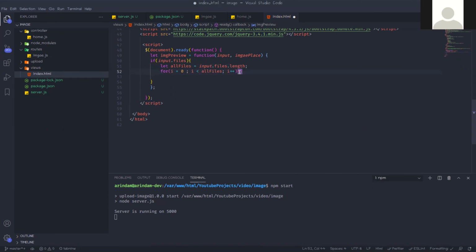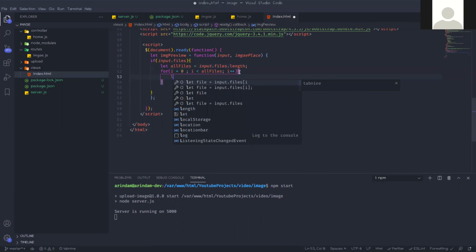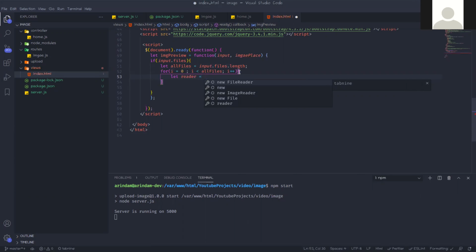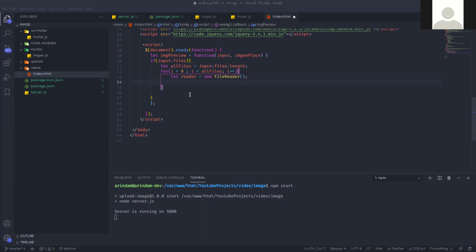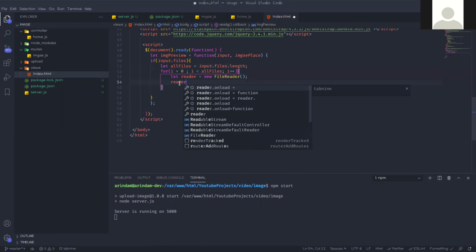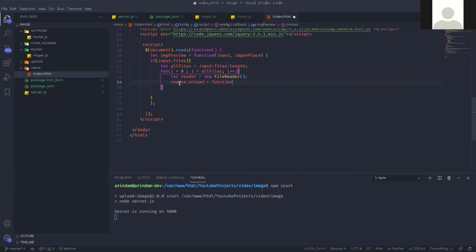In this loop we will use FileReader. If you know it, then good, otherwise you can google what FileReader is. So let reader equal new FileReader. Now reader.onload equal to function, and in this function we are passing one variable, event.